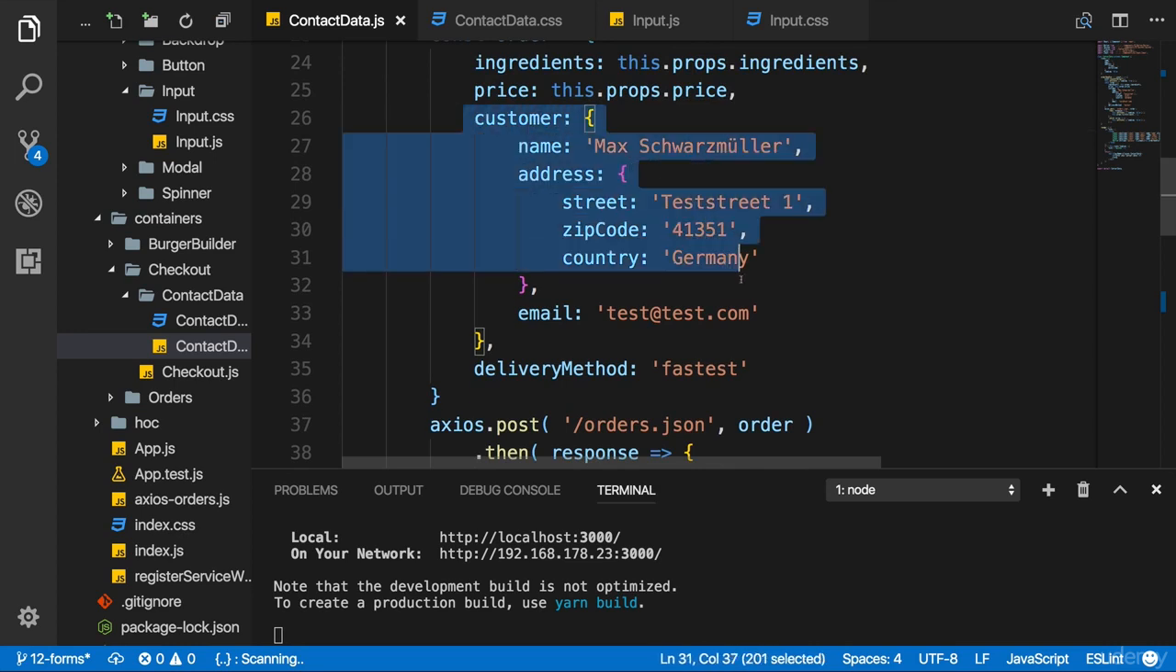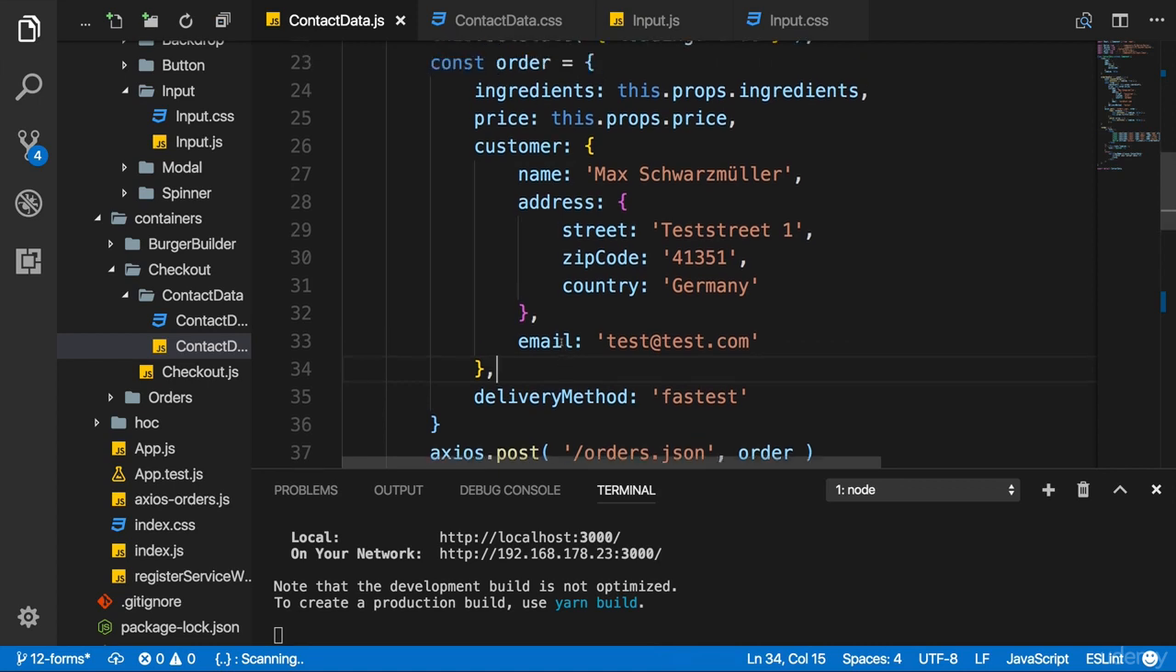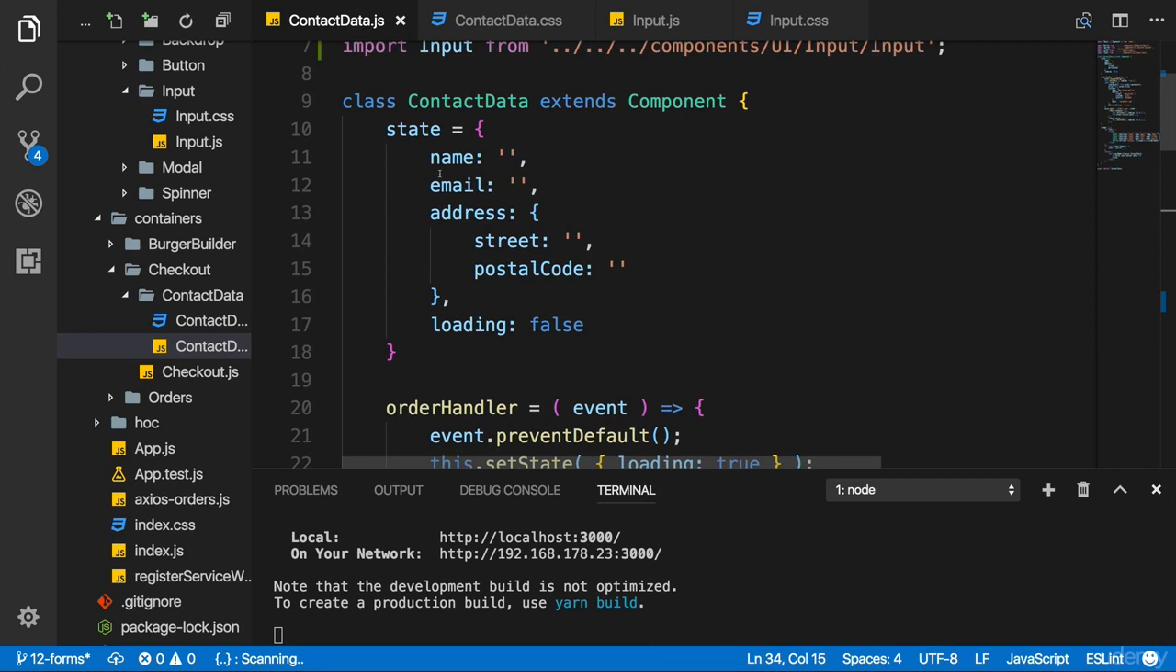For that, I'll have a look at the data I actually want to pass with the order. Get some customer data like the name and the address, and then we get this delivery method. This could be a drop-down where we can choose between fastest and cheapest or something like that. So for that, let's say we want to store or handle this form shape, basically, and all the element data